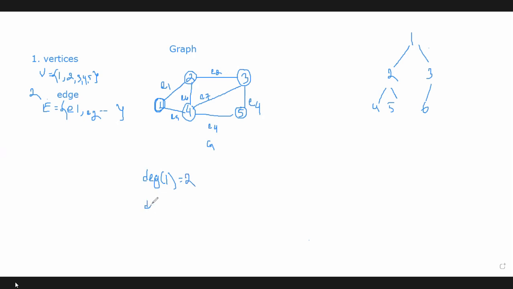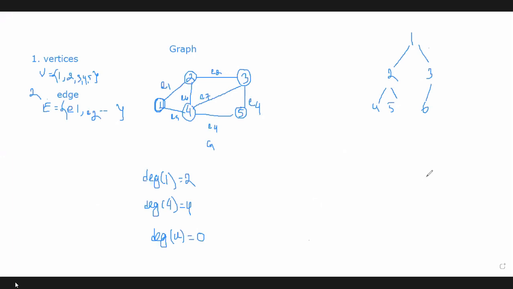What about 4? What is the degree of 4? Very good. The degree of 4 is 4. Why? Because there are 4 edges containing that node 4. 4 is connected with 4 nodes via 4 edges, so its degree is 4. If there is a node which doesn't have any connection with any other node, we can say that node's degree is 0. So if U is a node and the degree of U is 0, that means the node is not connected with any other nodes of that graph, and we can call it an isolated node. Clear what is degree?